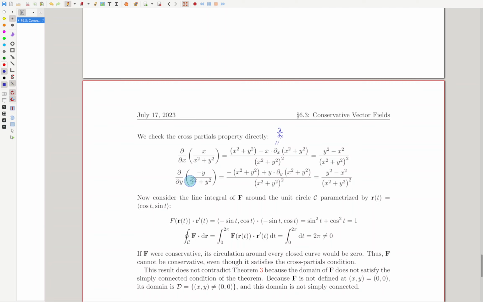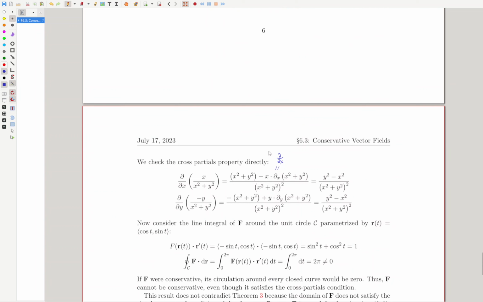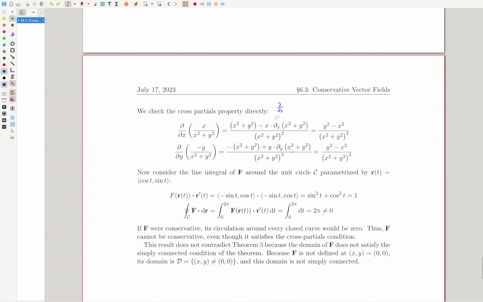And then same goes with the y derivative. The top and bottom are both functions of y, so you need to do quotient rule. You go ahead and do the quotient rule. You get the same result. Okay, so cross-partials property is satisfied for this vector field. But now we're going to use